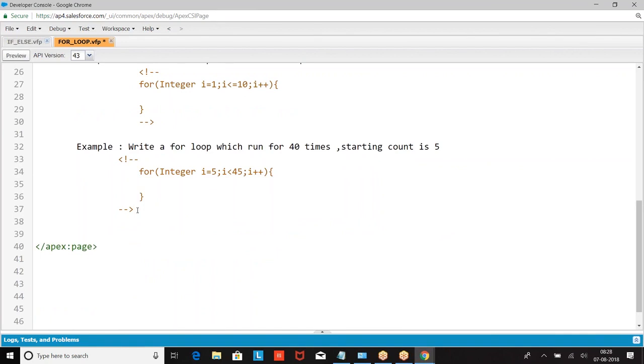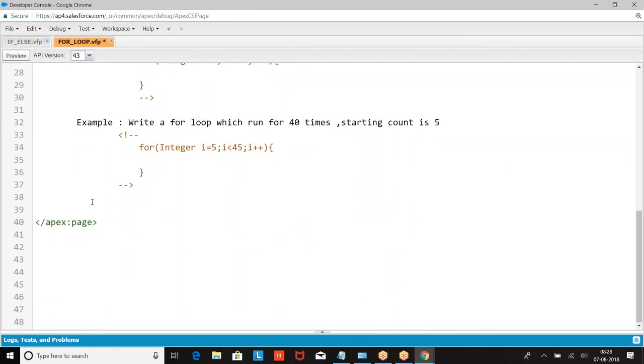Initial, termination, and increment. Now I want you to print the values like this. I want the following output. How will you get this? For I less than or equal to 5.